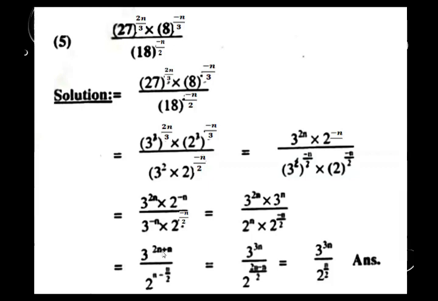So here we have 3 multiplied by 3 having different exponents. So what happens? The base will remain the same, that is 3, and the exponents will be added. So 2n plus n. We have the same situation in the denominator, 2 to the power n multiplied by 2 to the power minus n over 2. The bases are the same, so the exponents add. So 2 to the power n minus n upon 2, because it is already in negative form. So finally what do we have? We have 3 to the power 3n upon 2 to the power,